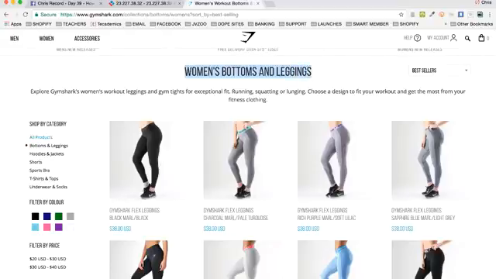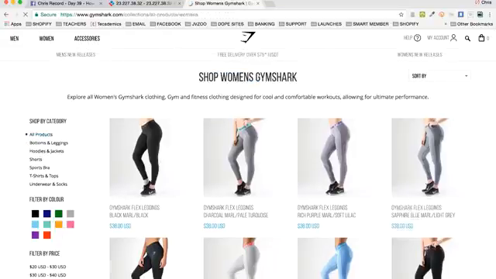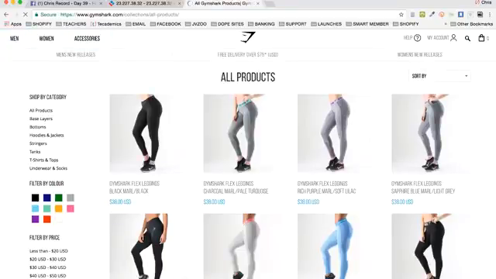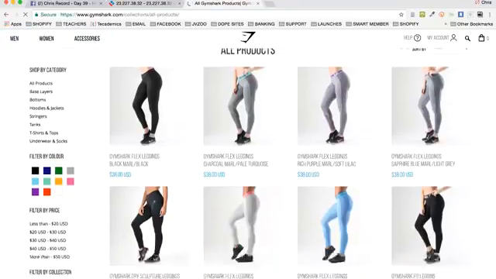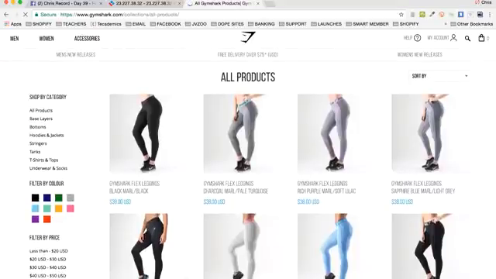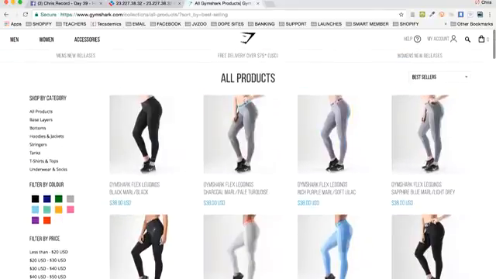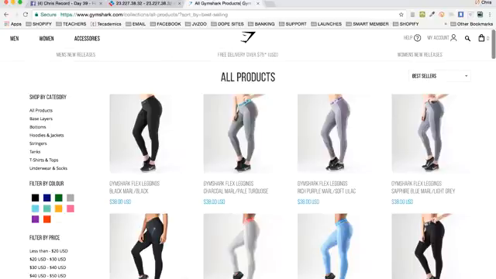Now, you can go over here to all products, and let's go on their whole entire site. You could even just erase the women's if you want. Just go to all products together. All products, okay? Not men, not women, not filtered anyway. Just straight up shop all products. And then you can go to sort by best sellers. And now what you have is a list of their best-selling products that they are selling on their site,